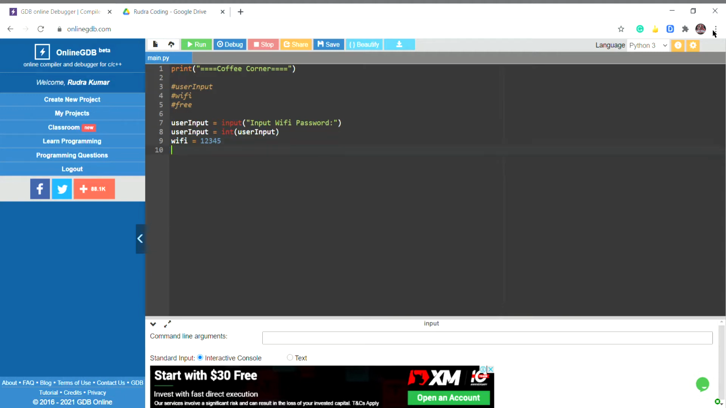Now to get onto the part where the user input is going to get a result based on whether it's correct or wrong. If you have learned about Python, you must be knowing about the if-else statements. They are conditions. So if user input